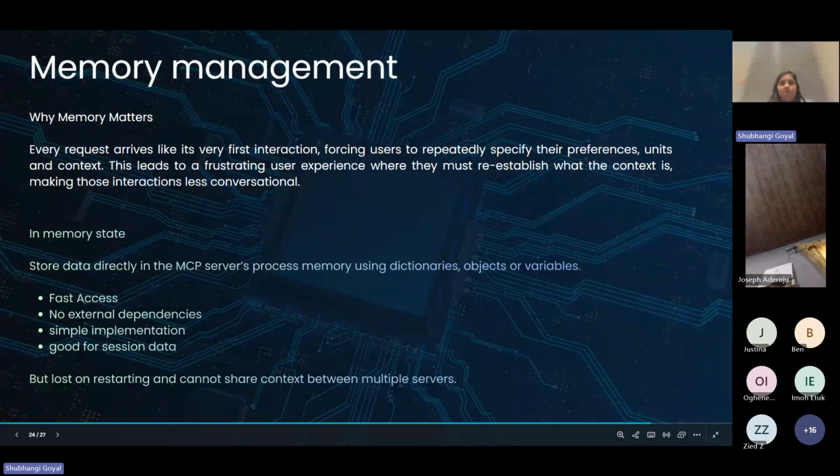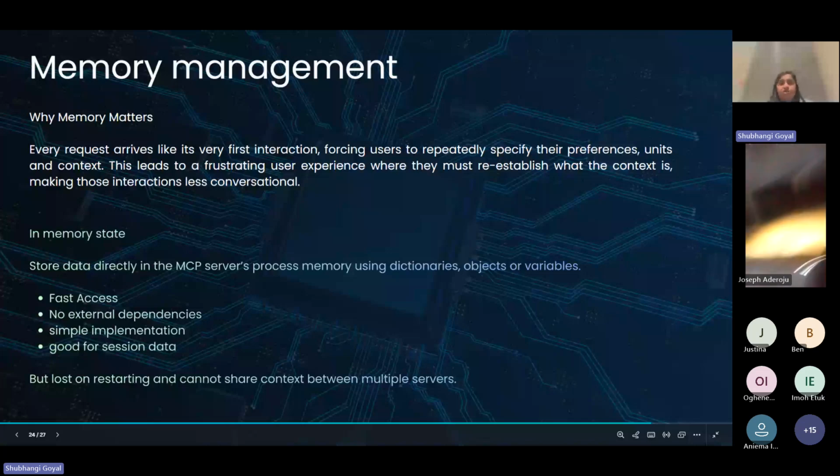If there is no memory, then every request arrives like a first interaction, and it doesn't know anything about you. The users have to specify every single time their preferences, what they are looking for. This could also lead to a very frustrating user experience because they must reestablish what they're looking for with this agent, or what those interactions are going to be about. So make sure that when you're building an agent or application, you have the right memory.